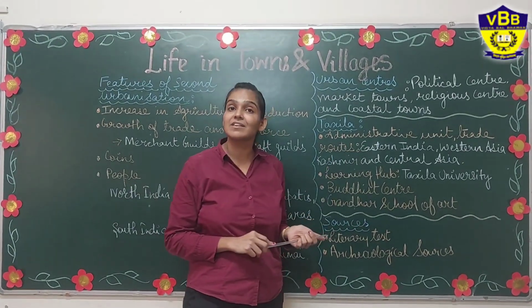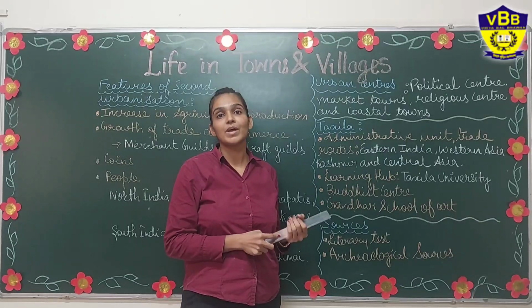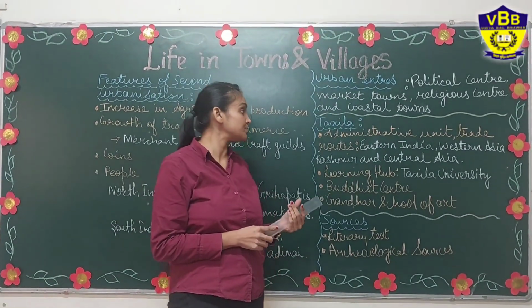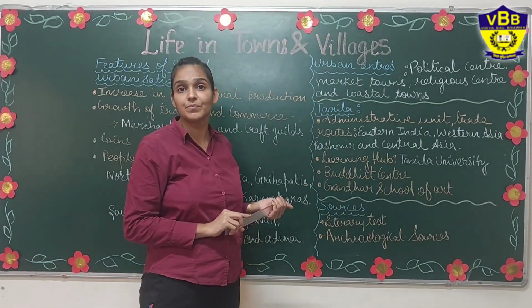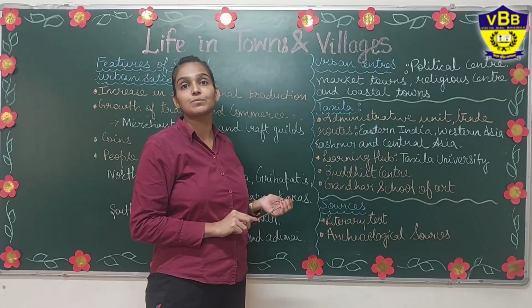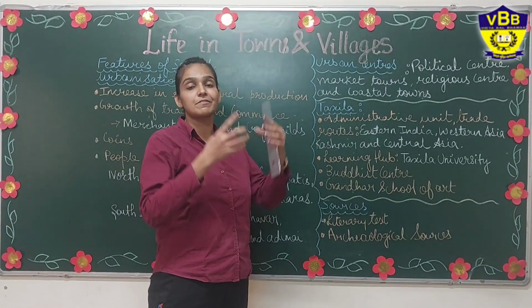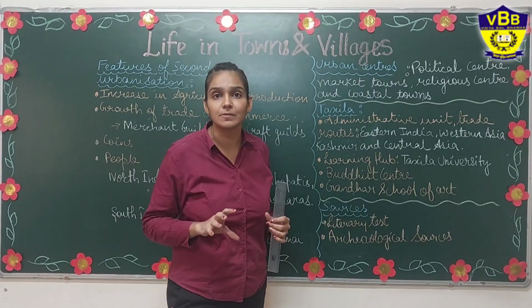Coastal towns, as the name suggests, must be situated near the coast, where trading was done through waterways, maritime trade. Talking about another urban center, that is Taxila. Taxila was considered to be a very big urban center, and it was considered to be multifunctional. Multifunctional means performing different types of functions. In present day, it is in modern-day Pakistan.